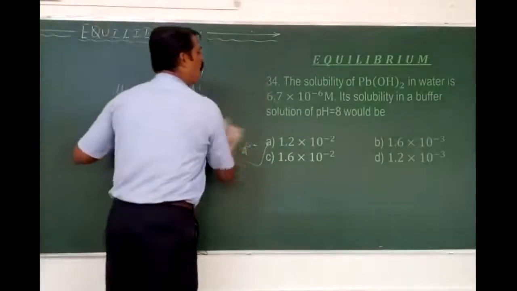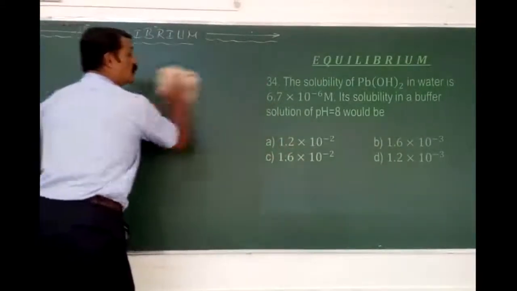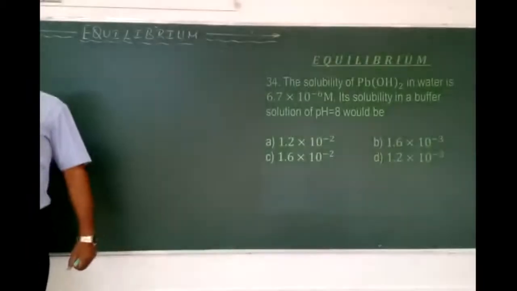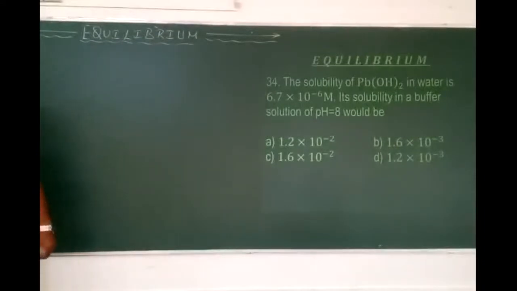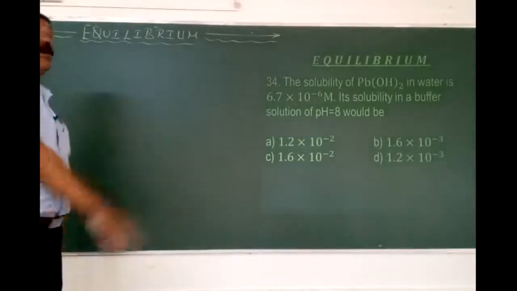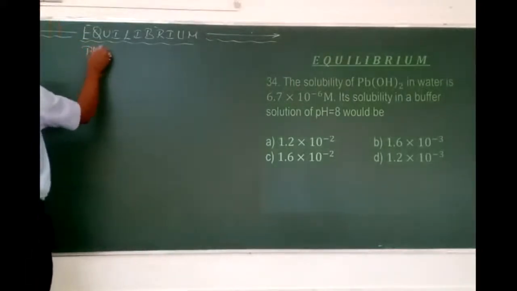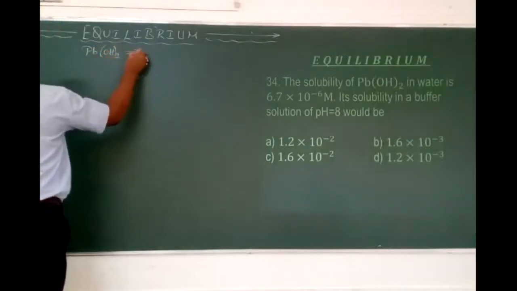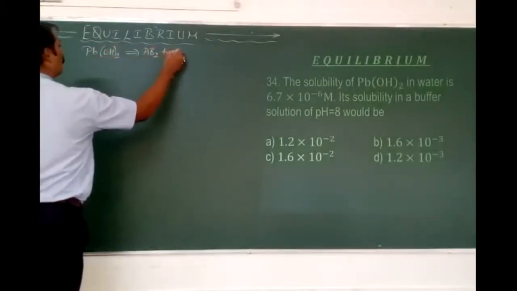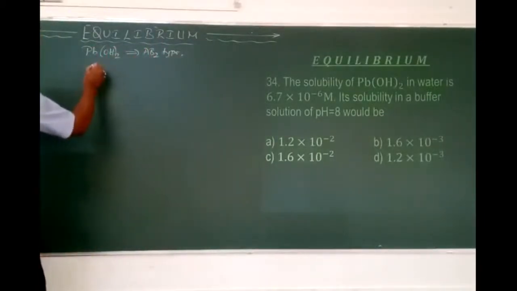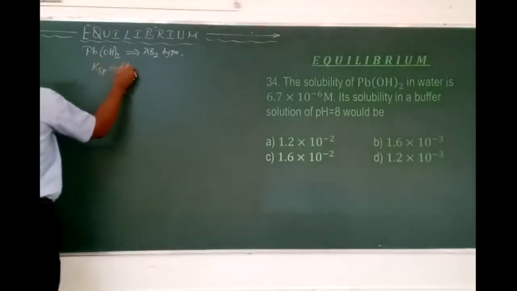The solubility of lead hydroxide in water is given as 6.7 into 10 to the power of minus 6 molar. Its solubility in a buffer solution of pH 8 would be how much? So here, first, lead hydroxide. Can I say it is of the AB2 type? It is of AB2 type. So here Ksp is given by